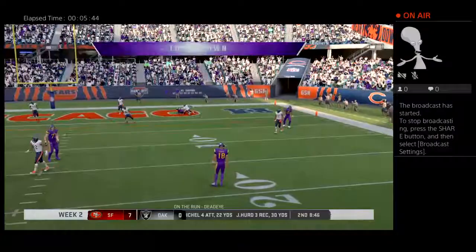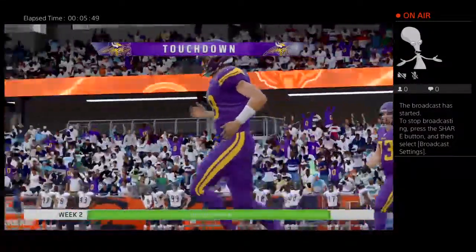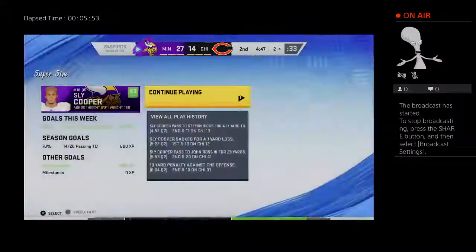And that'll be caught by Diggs for a Minnesota touchdown. Stephon Diggs on his way to...